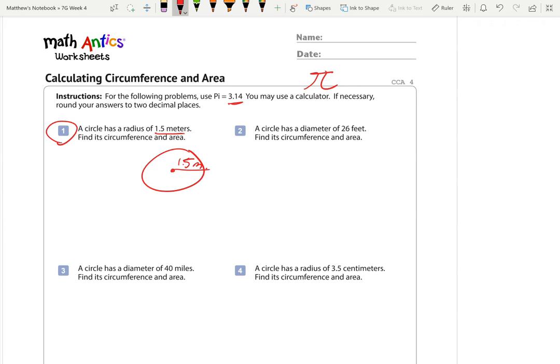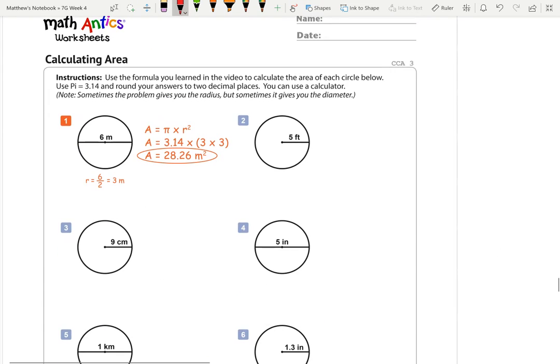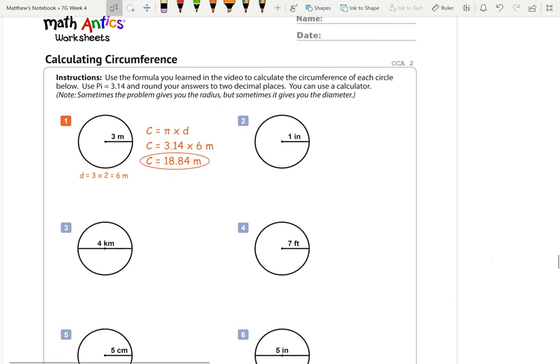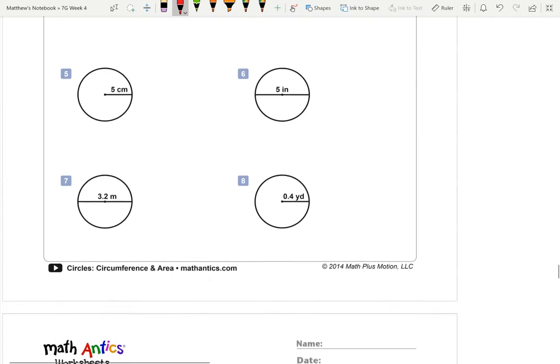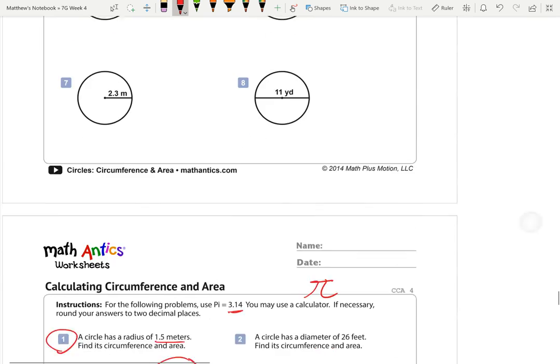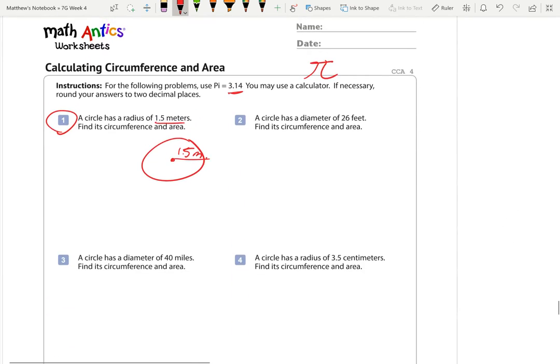I don't remember exactly how I find circumference and area. Well, it's a good thing I have my other worksheets here. I've also got my exercise worksheet. But we see here that the circumference is pi multiplied by the diameter, or pi multiplied by twice the radius. And so here it's given me only the radius. So my equation is going to be